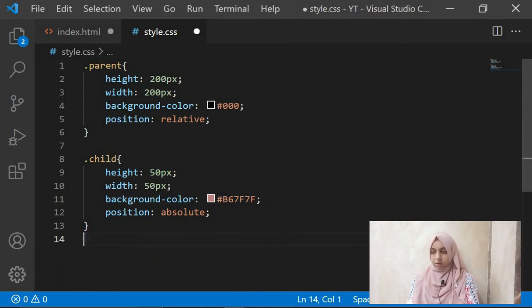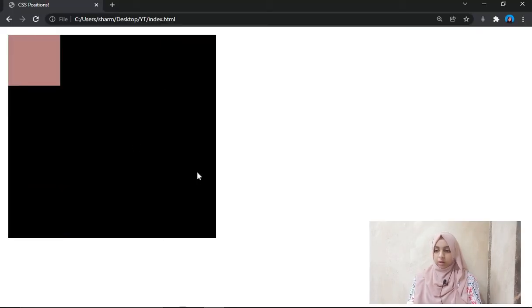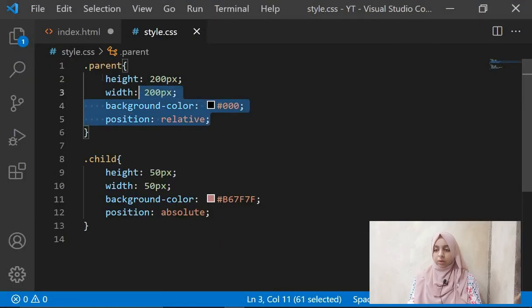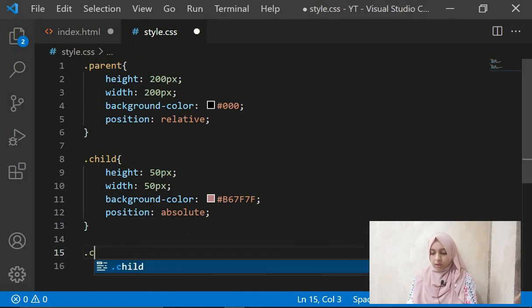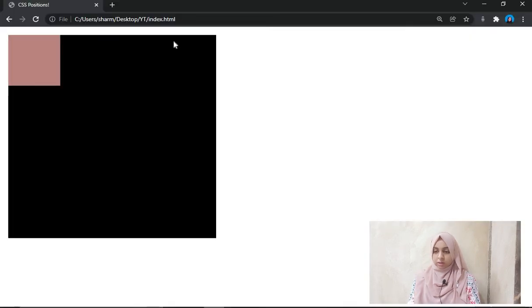And let's erase all of this, not all. Our parent is the same as the one we had earlier, with height 200, width 200, background and position of relative, and our child has a height and width of 50 pixels and a background color, and its position is absolute. Now to set our elements as in the design, to the second child what we need to give is, now you start to calculate.